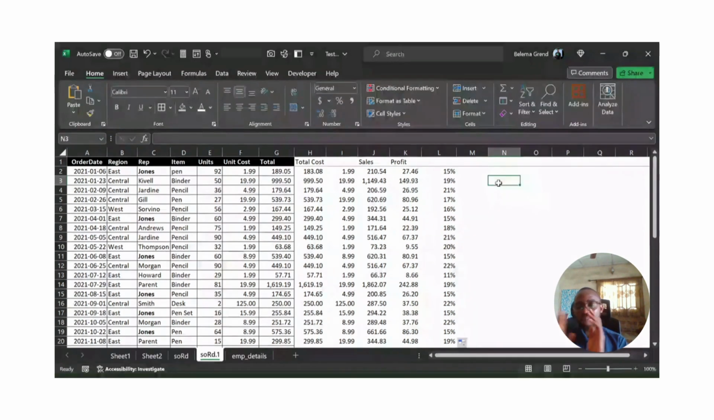Now we're done with the VLOOKUP. There are other reference functions, and I'll just introduce them briefly: INDEX and MATCH. We have the INDEX function and we have the MATCH function. Now, the INDEX function basically